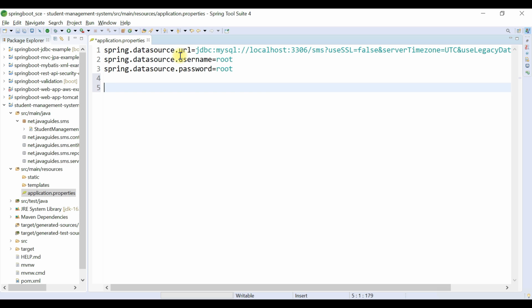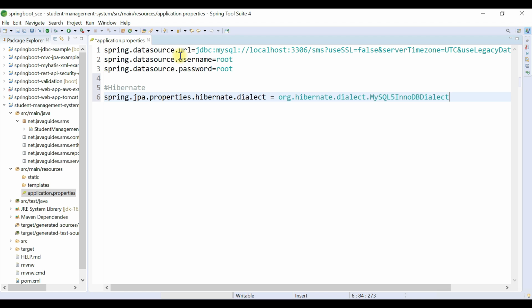Now we're going to configure Hibernate properties here. Hibernate basically requires a dialect to generate SQL queries for a chosen database. In our case we have chosen MySQL database, so we're going to add the Hibernate dialect for MySQL database.